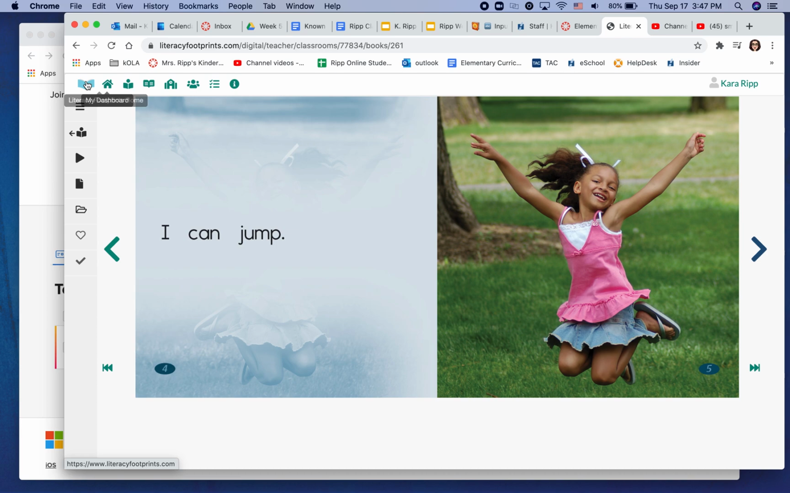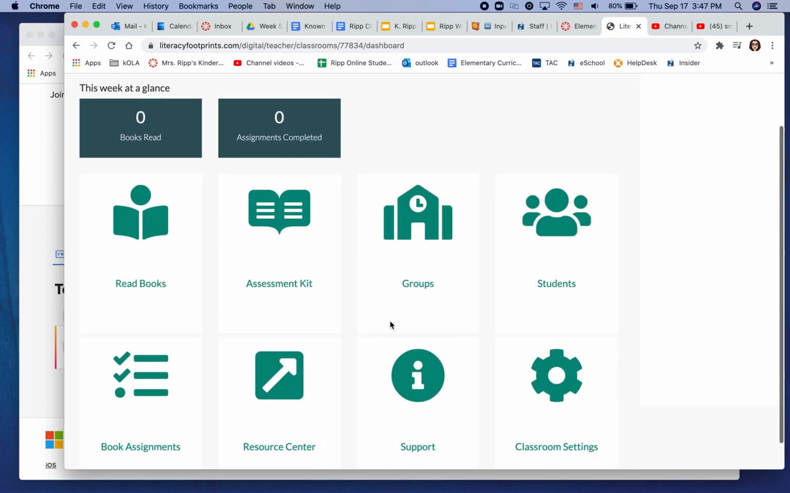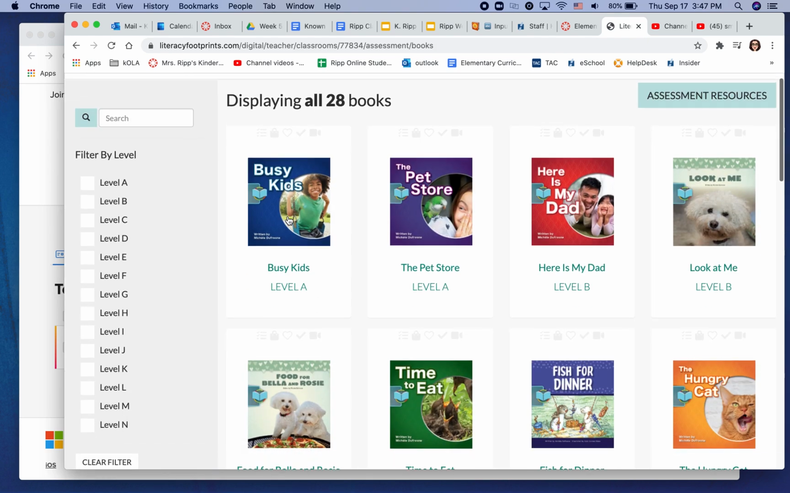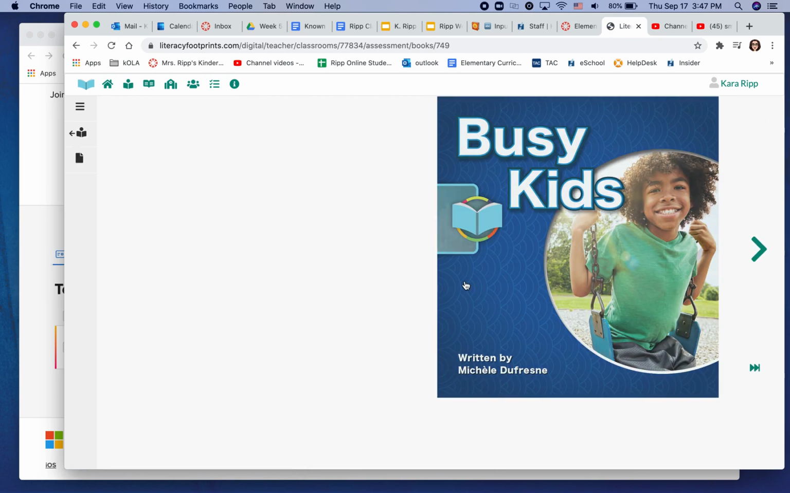Then to get back over to your dashboard, you click the little house here. And then once again, you can see more tools that you have access to. If you tap the assessment kit, this is where you can run those assessments, and there's going to be another Zoom available for those, but you can look here and then you can go ahead and read those with those